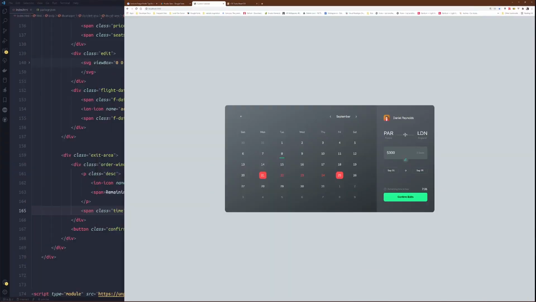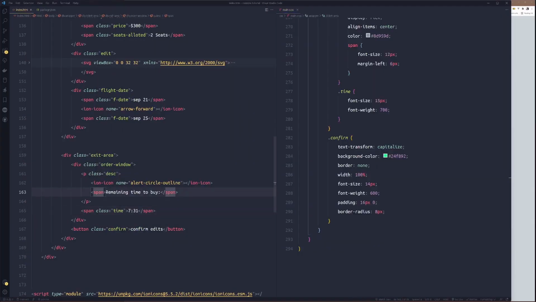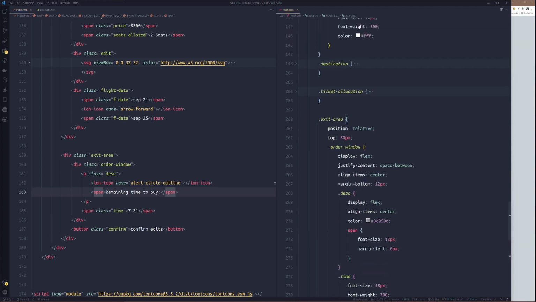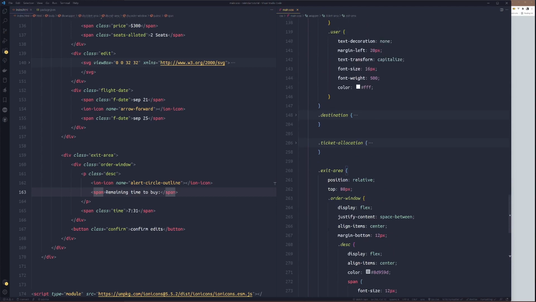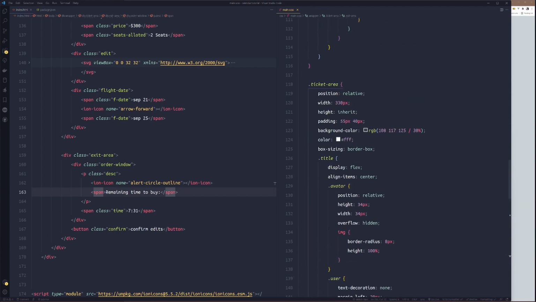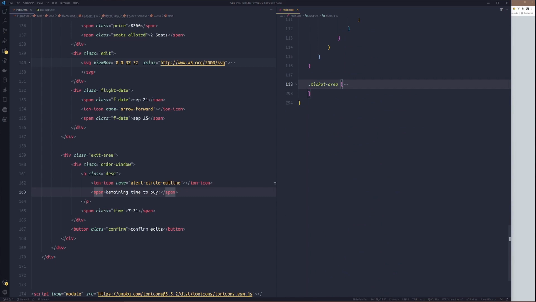So now to run this one, what we could do, after the ticket area, I think it should be now. After the ticket area or after the exit area, we need to add it before.